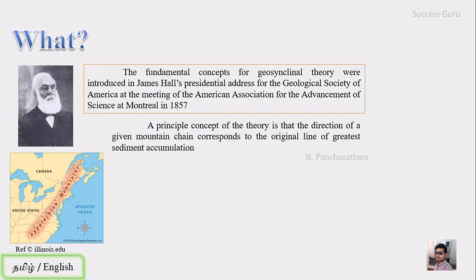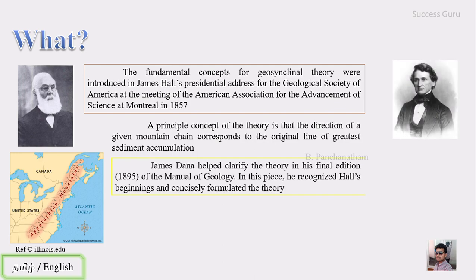So what he wants to explain is that the mountain chain range is in a direction which is somewhat parallel, that is, the trend is somewhat parallel to the coastal line. So this is the base for this concept, which has been reworked by James Dana, who helped to clarify the theory in his final edition in 1895 of the Manual of Geology. In this piece, he recognized Hall's beginning and